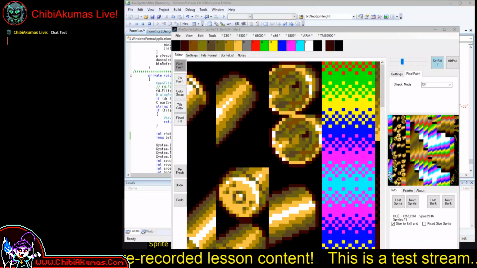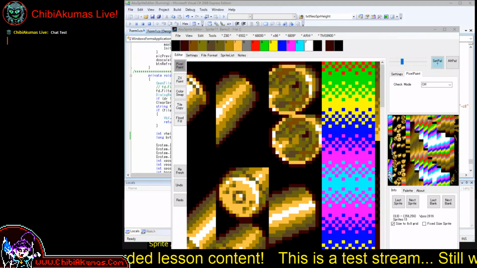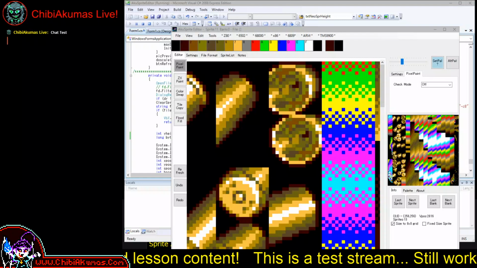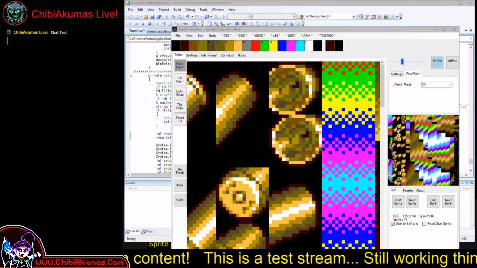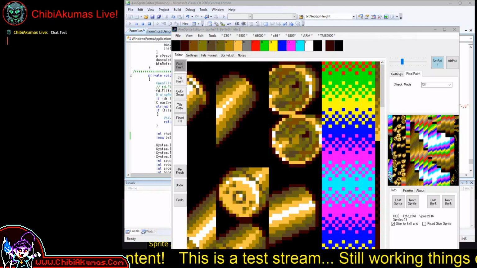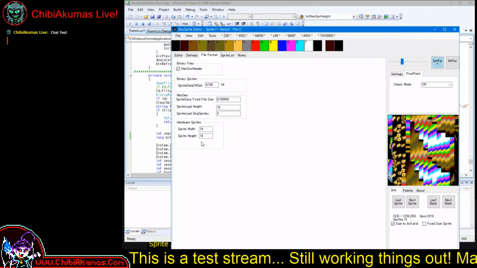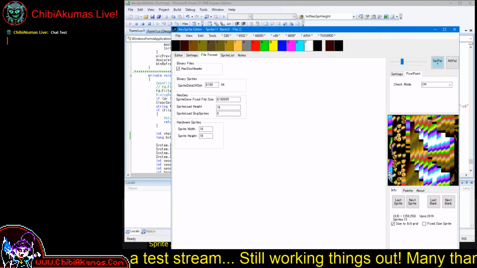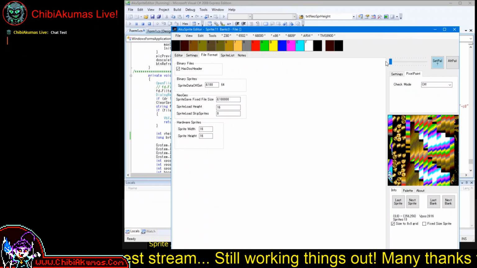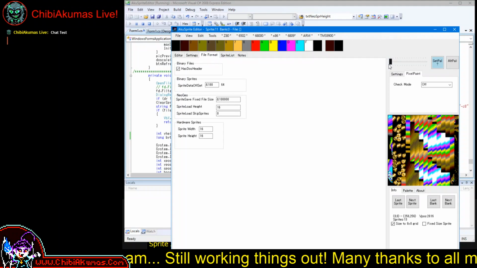So what we would want to do is either take all of these sprites out of the sprite editor and put them in a different program and then fix up the sprites in that other program, or, depending on how things are done, we can set those export options. The skip sprites option will skip a number of sprites from the file. So what we could do with that is we could say, well, okay,